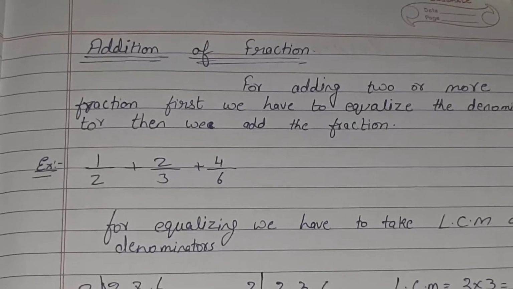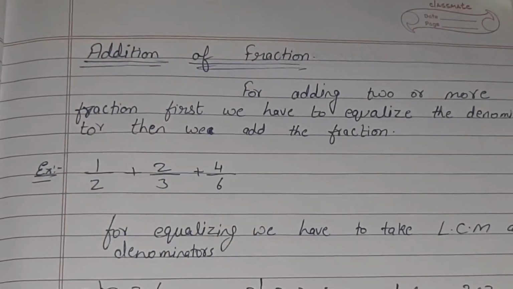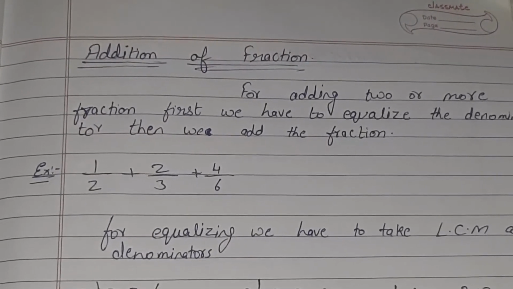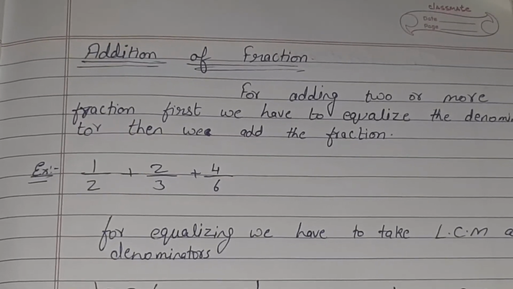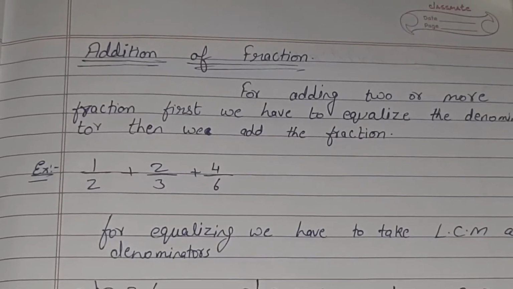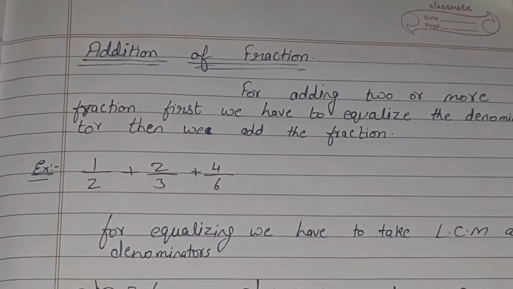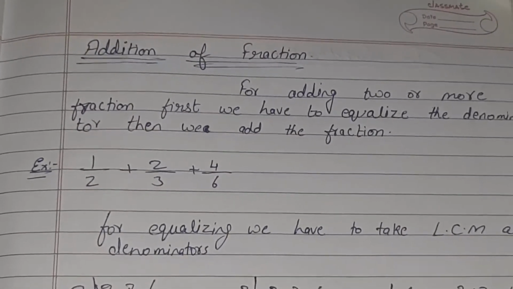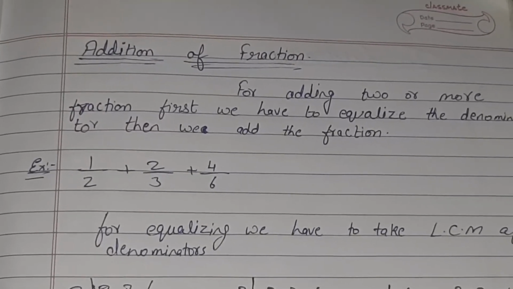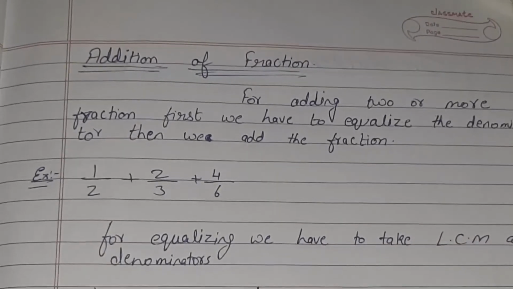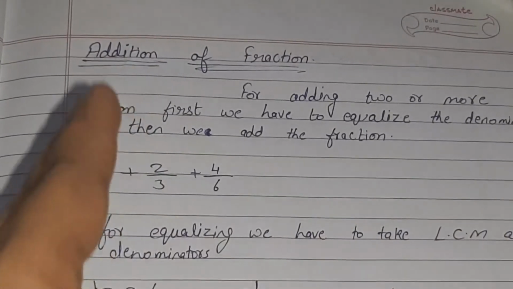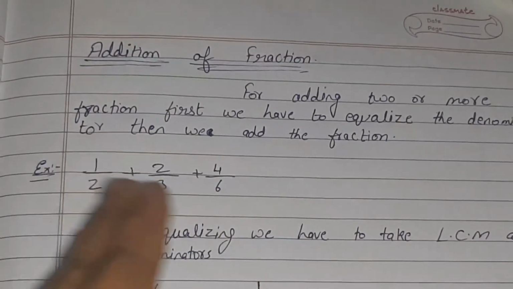Next one more topic I am explaining to you today, addition of fractions. अभी तक हम लोगों ने फ्रैक्शंस में increasing and decreasing order किए, फ्रैक्शन को इक्वलाइज कैसे करना है, इक्विवेलेंट फ्रैक्शन कैसे करना है, that we had done. Now next our topic is addition of the fraction. So in addition, if the denominators are same, it is very easy to add. We write down the denominator same and we add the numerators.